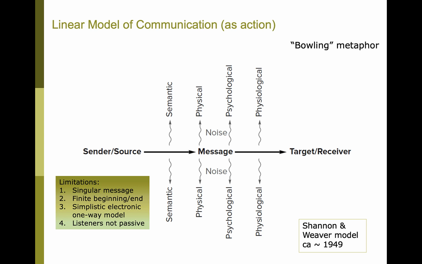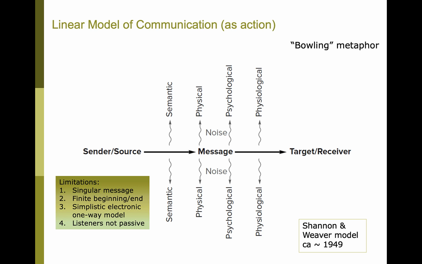And they also saw this target or this receiver at the time. The person on the end of the radio could not talk back, could not send any kind of message back through the line to the origin, the source, or the television was the same way. So they saw it that way. They saw the listener as this passive sponge that just soaked things in. Some of the early media communication models reflected a little bit of that spongeness. One model was called the hypodermic needle model. And it was like they had this medicine, this treatment, and they just stuck this needle into the audience and injected them with whatever the message was that they were telling and creating.